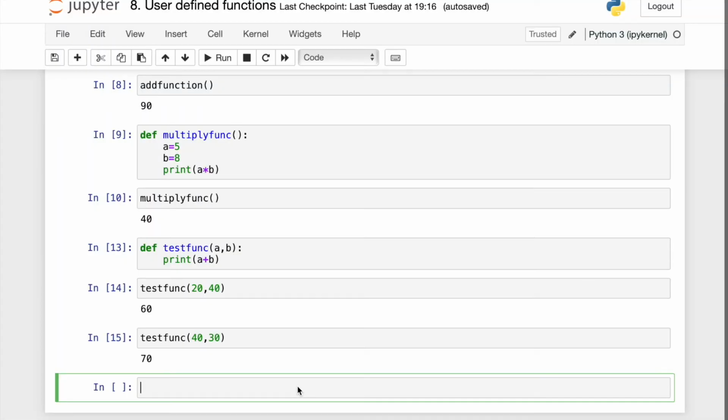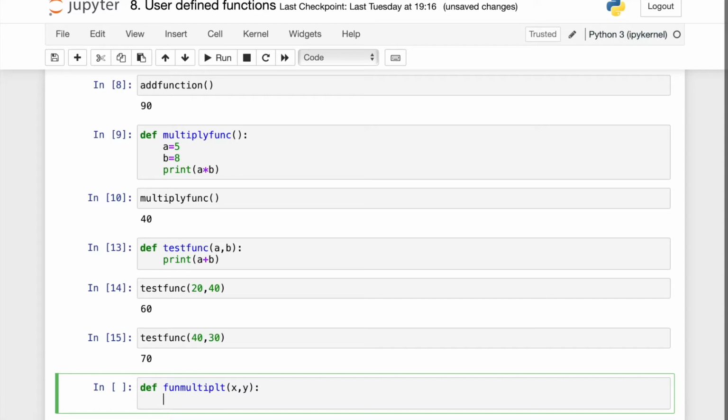So continuing with the user-defined functions, we will understand with more examples about this. I'm defining a new function, def multiple, passing two arguments x and y, with indentation. I'm giving z equals x multiply y. Next, I'm saying print